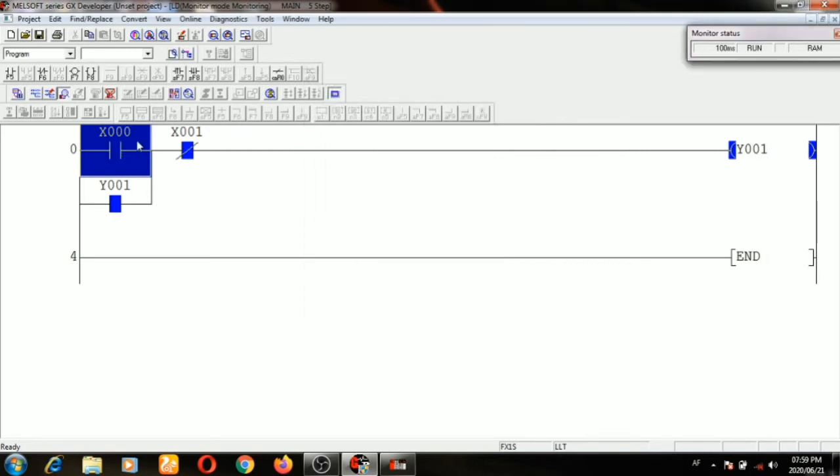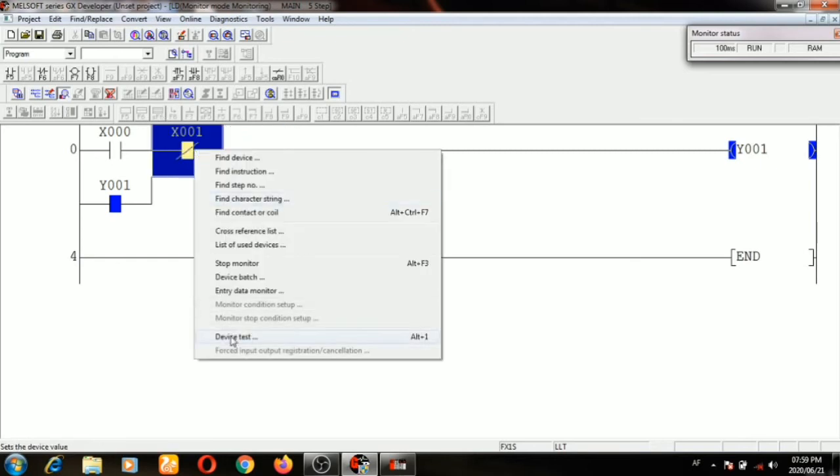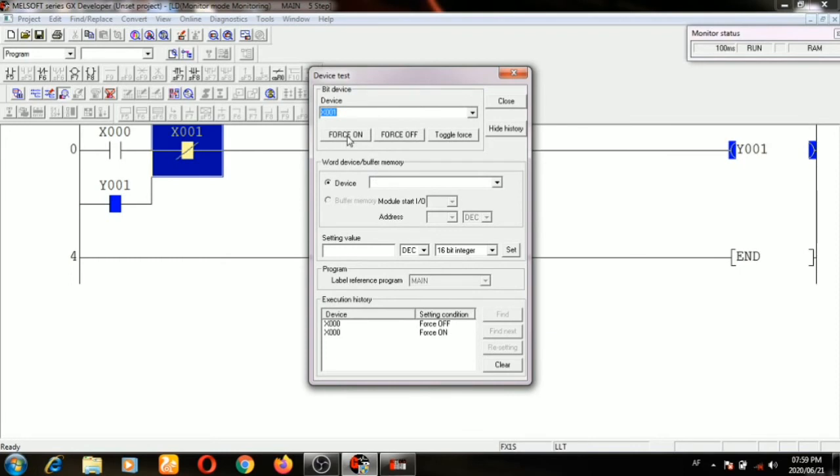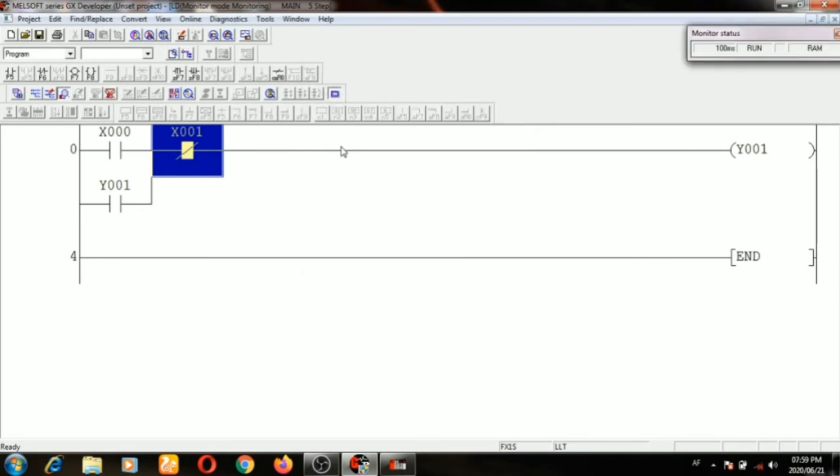That means if we press the push button, the output will be on and hold here, so it is continuously on. Now we will stop it. I will press X1, so test. Force on. When pressed, the output will be off. Force off means we release the push button.